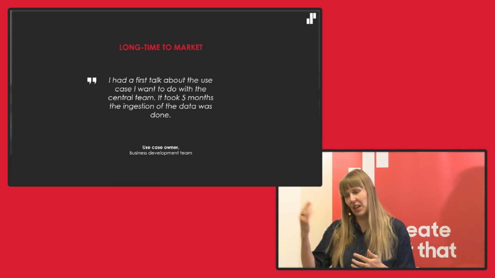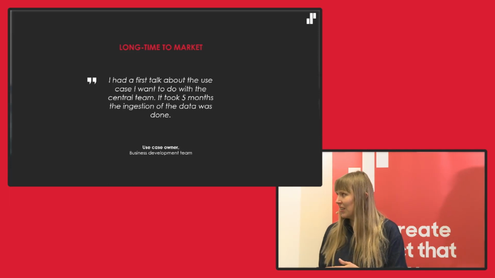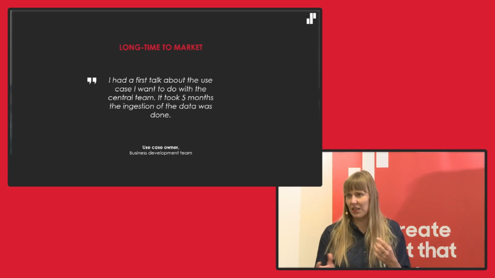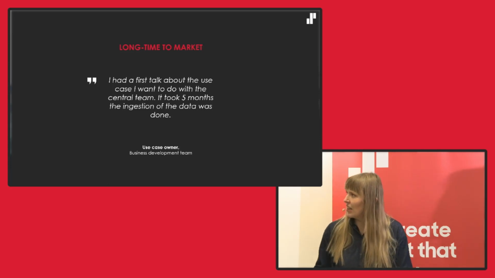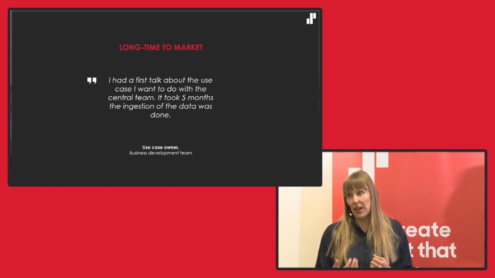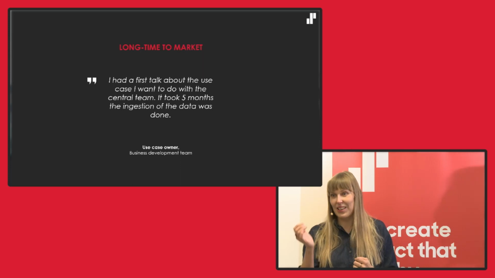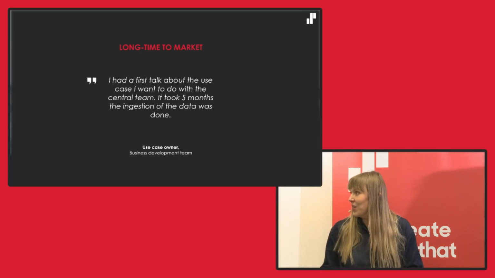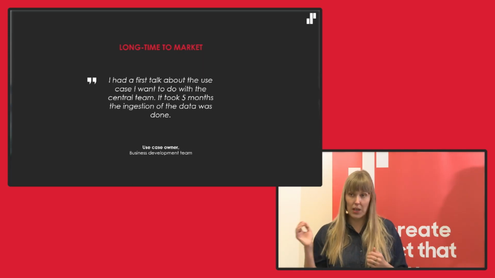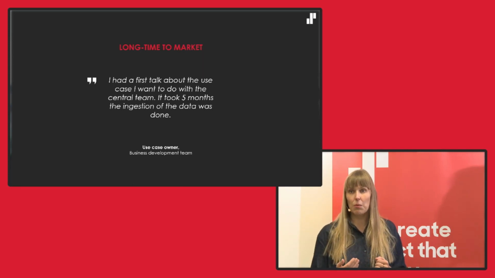So this is a little bit high-level comment, right? Also doing a similar use case inside a party, and this came up often: that it takes a long time to find out that actually there is something available, like something in a table set, a data set that you are able to use. And then if you have this kind of a comment, then you need to dig deeper. You also need to really understand why this is happening.